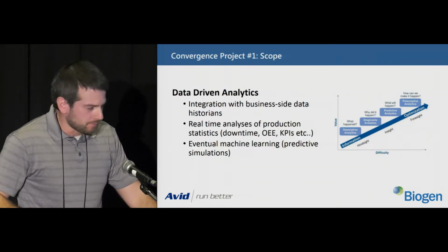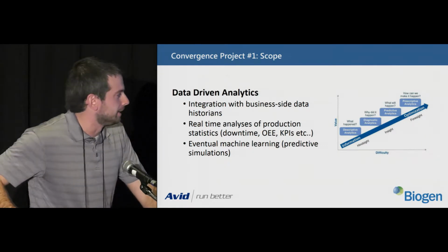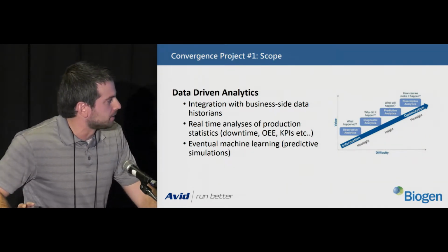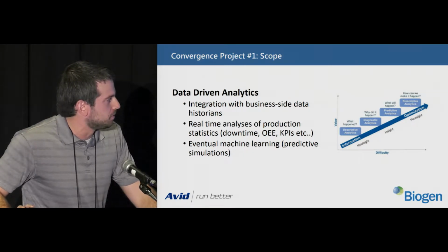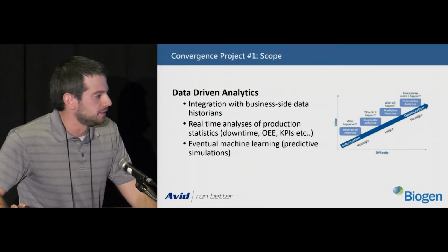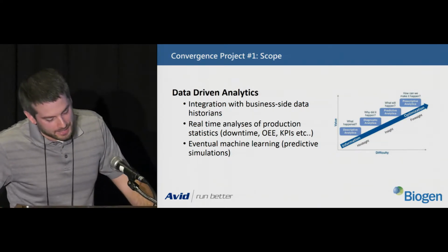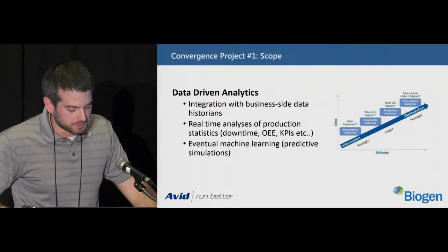So I've heard a lot about data-driven analytics since I've been here. Obviously, you want to integrate with the business side. You want to get all that data out. The specific challenge we had that kind of drove this was